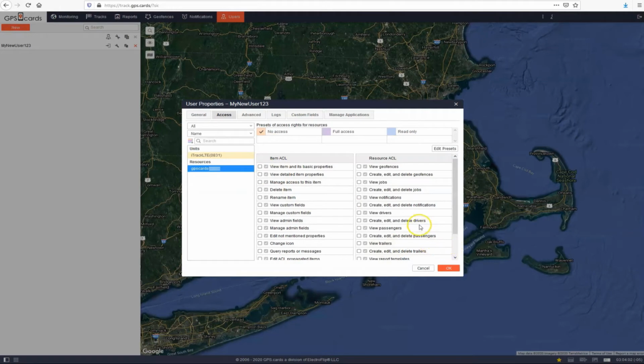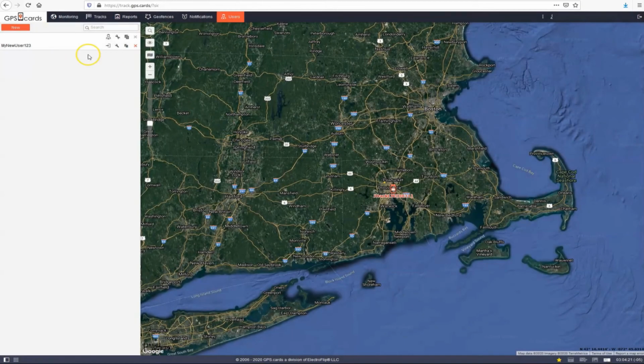And we want them to have their own independent notifications and their own geofences. So we're going to go ahead and close. We're going to put no access for that resource bucket, which is the master user resource bucket. So we're going to click OK. We gave them no access to any resources right now. Now we're going to switch over to a new browser.